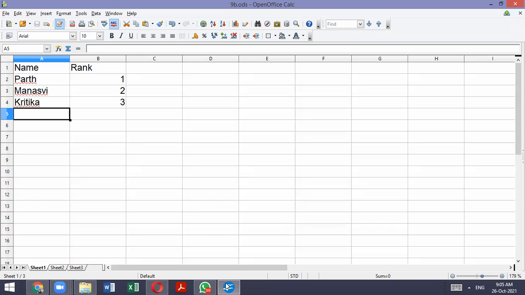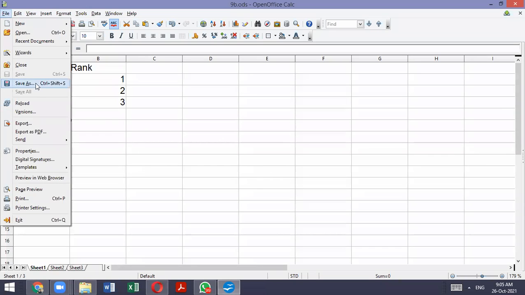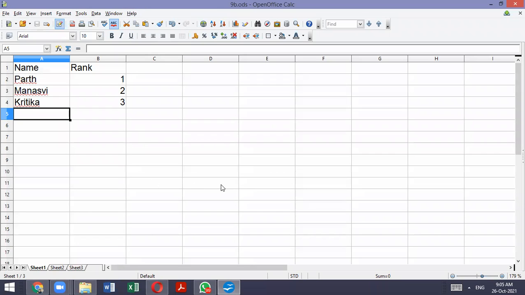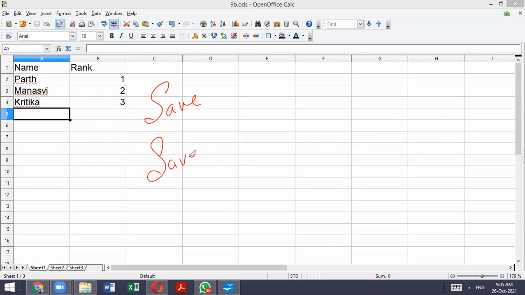Okay. So there are two things here, students, very important. In the file menu, we can see the difference, save and save as. What is the difference between save and save as? Who will say?